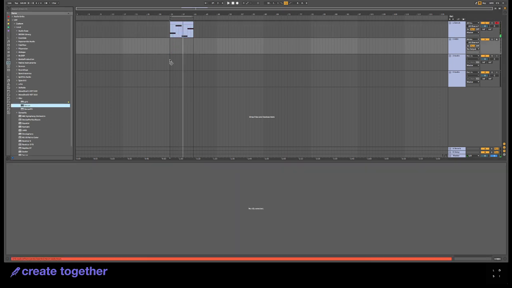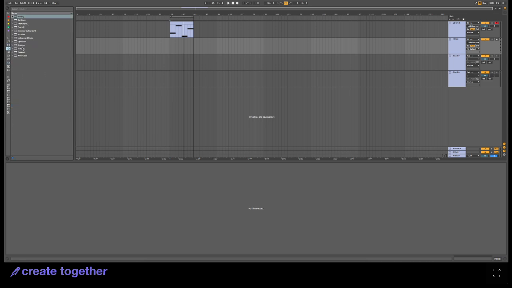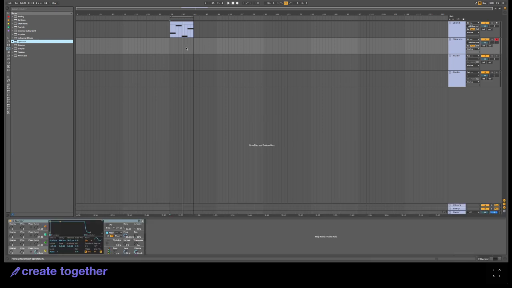Okay, nice and simple. So basically what we're going to be doing here is I'm just going to use Operator, really simple. And we're going to start with a super simple source sound, basically just a little sine pluck. And we're going to try and make a really interesting